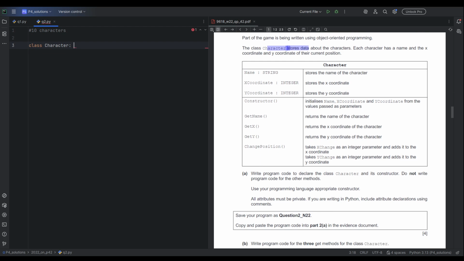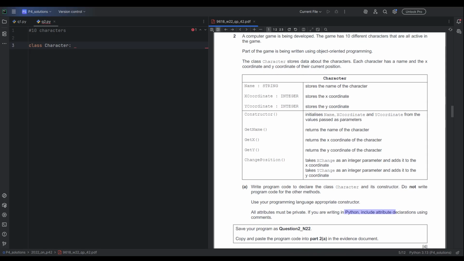So we'll just skip all of this, and they're saying declare the class character and the constructor. Do not write code for the methods. You must use attribute declaration if you're using Python. Okay, and we have the getter methods as well. So